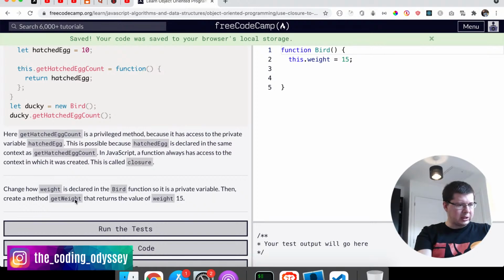So here it says change how weight is declared in the bird function so it's a private variable. Then create a method getWeight that returns the value of weight, 15. So instead of having something like this where if you create an instance of bird you would be able to change weight from outside, we're just gonna say let weight equals 15, and then you create a method, this get weight